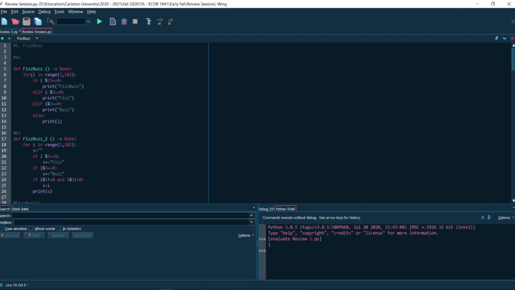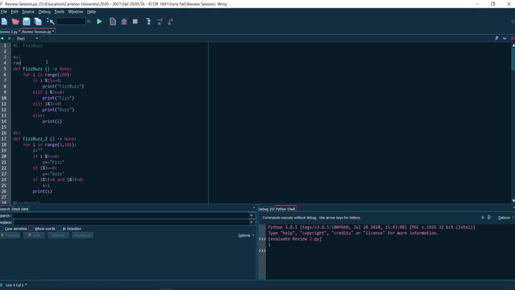So my first step was, why did I pick a for loop? The question says you need to run 100 times. So I clearly know how many times I need to run my program. It says 100 times. And I don't have a collection to work with, like I don't have a list or anything. So my only option is to use a for loop that has a range. And the reason I go from 1 to 101 is because the way range works is that it starts from the first element and it goes to the final element, but to the one before it. So this one goes from 1 to 100 exactly. If I had put 100, this would go from 1 to 99. If I had just left it as 100, this would go from 0 to 99.